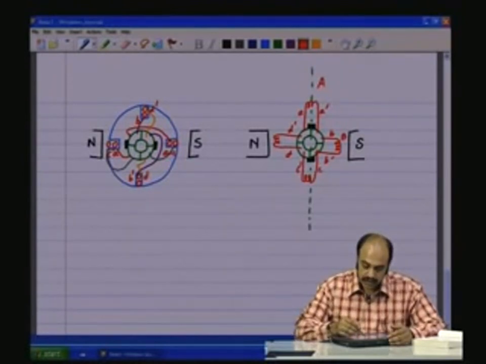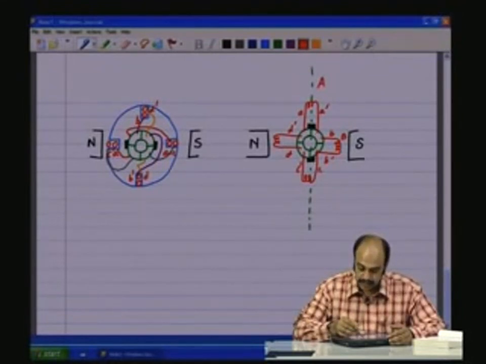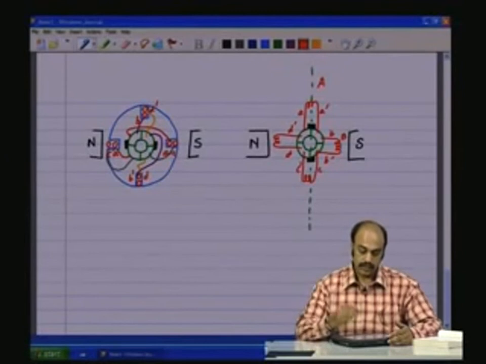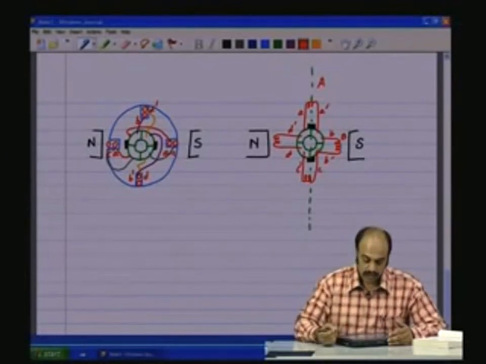So the starting of the coil, you are starting at one commutator segment, and the other end of the coil is connected to the immediate next commutator segment. The starting of the other coil is from that commutator segment and ends on the next commutator segment, the next one starts at that same commutator segment, goes to the next, and so on. So this way the winding pattern for the 4 coils is shown.